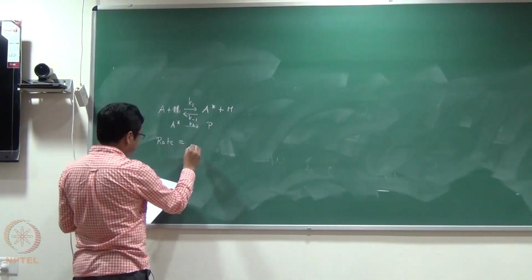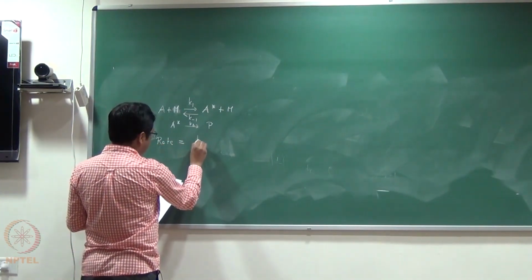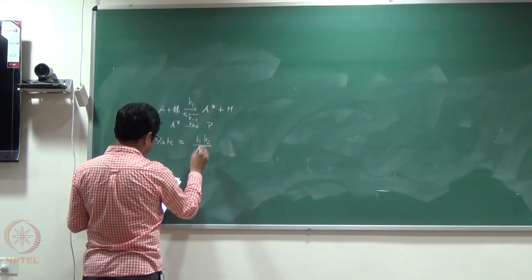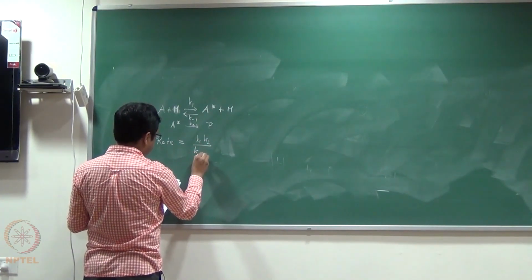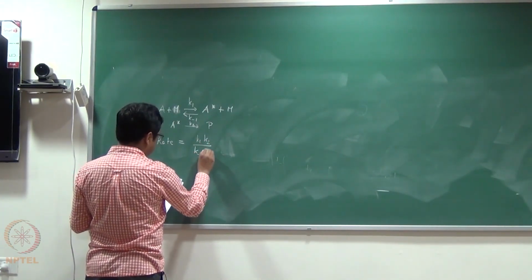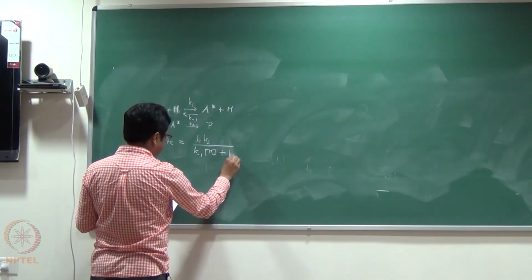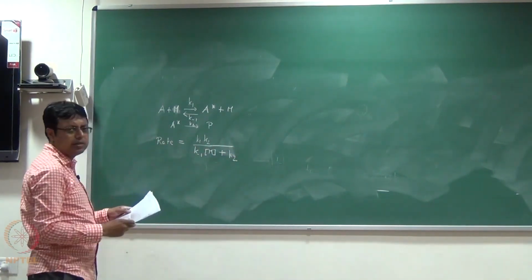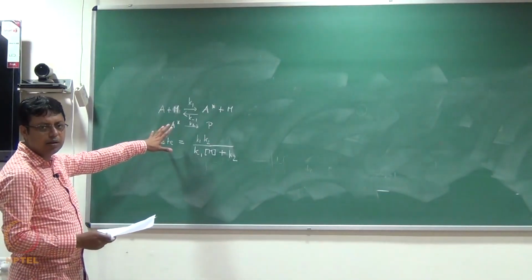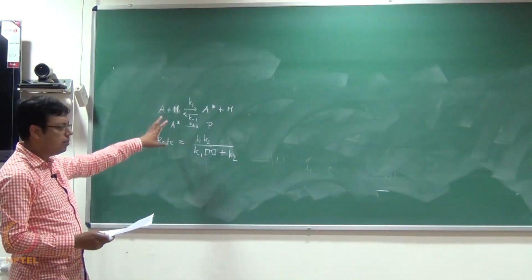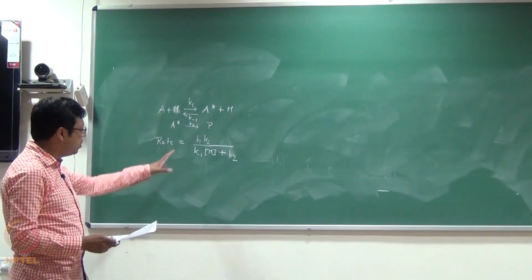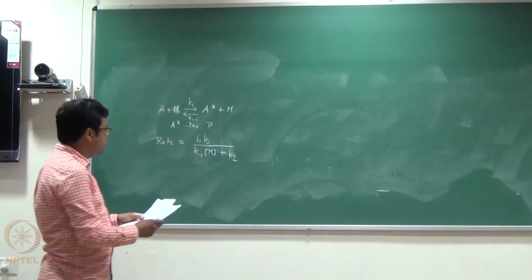as something like k1 k2 divided by k minus 1 into M plus k2. Now this actually appears everywhere, this kind of model, like the steady state approximation model appears everywhere. So you'll always get this kind of equation, times, of course,